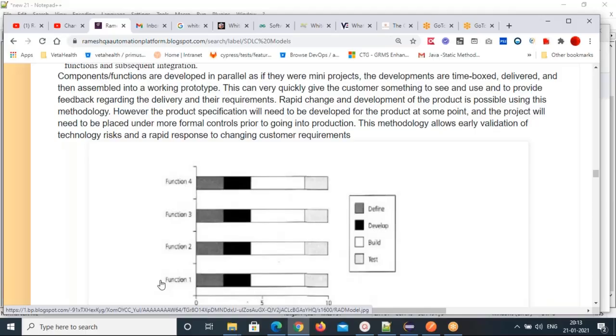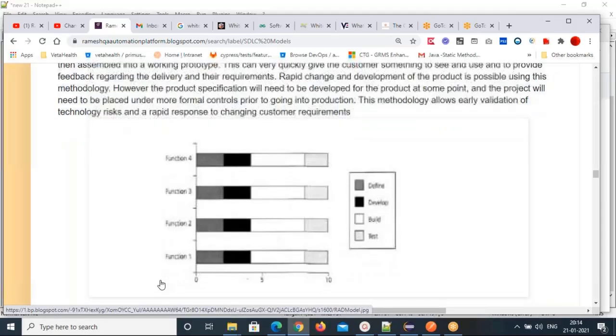Rapid change and development of the product is possible using this methodology. The product specification will need to be developed for the product at some point, and the project will need to be placed under more formal control prior to going into production. So that's rapid application development.